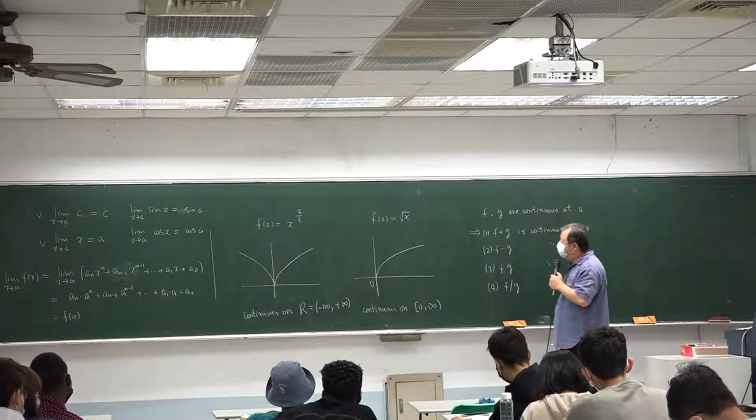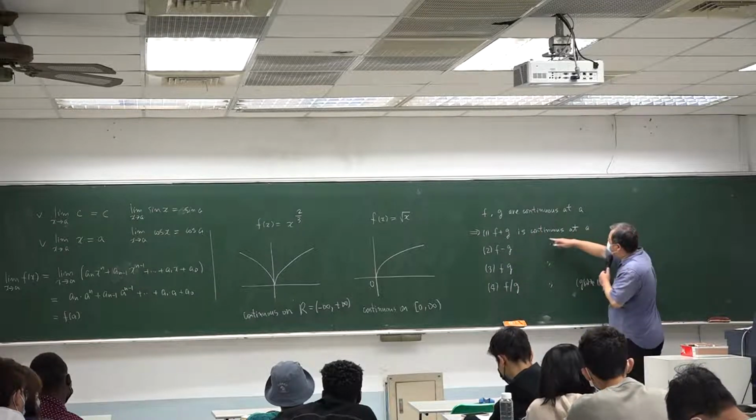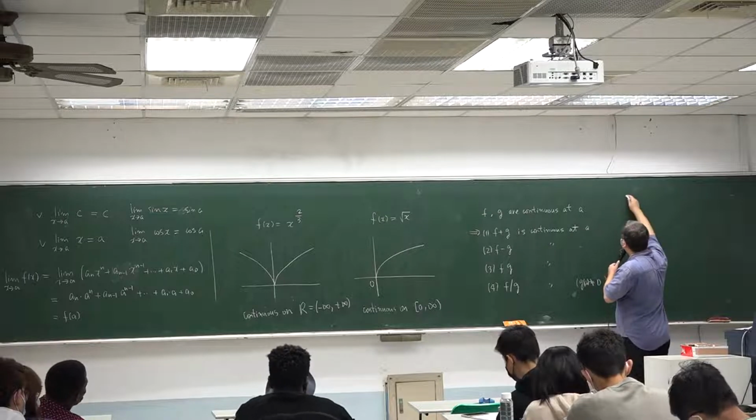This is because of the limit laws. If F and G are continuous at A,